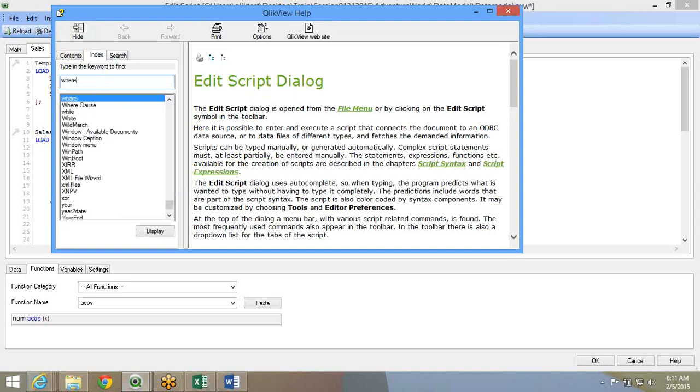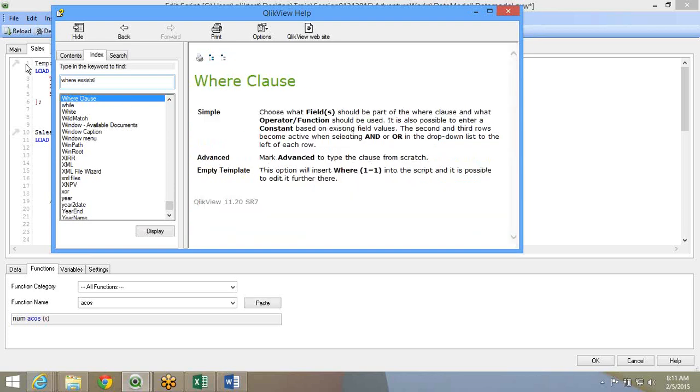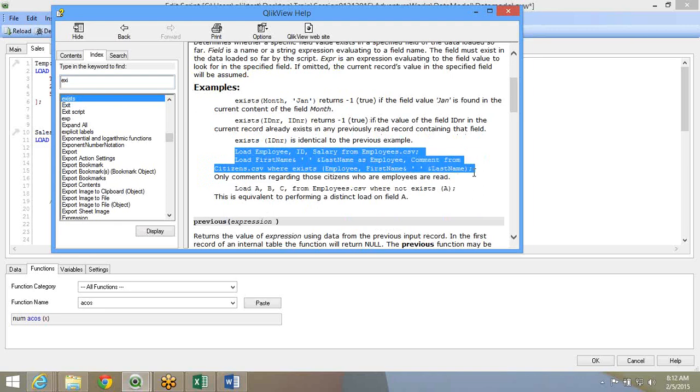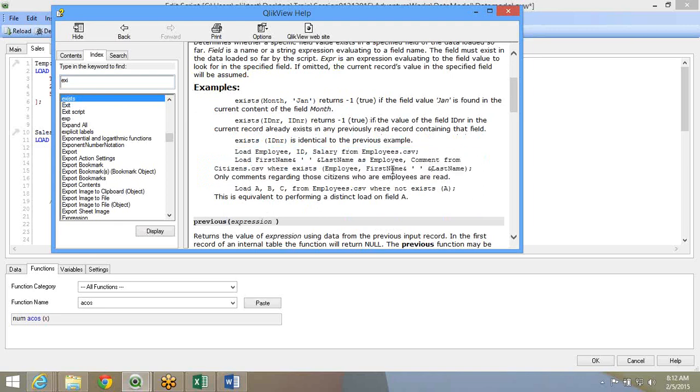So you can just say where exists, and it explains what you can do and how you can do it.